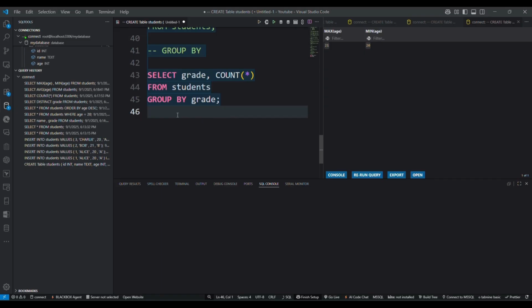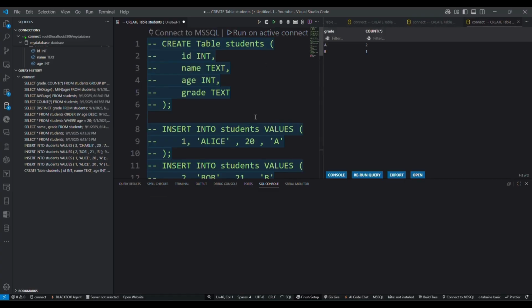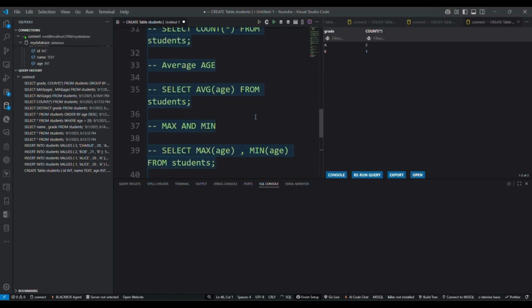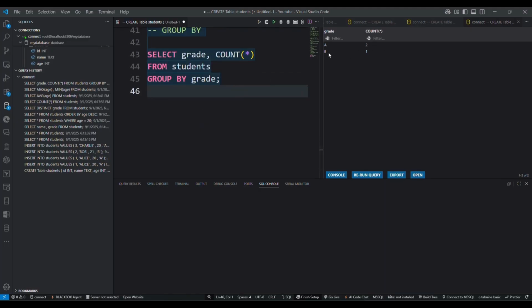So you'll see something like grade A, 2 students, grade B, 1 student. This is how companies analyze large amounts of data. So if we run this, we can see grade A are 2 students and grade B have 1 student.